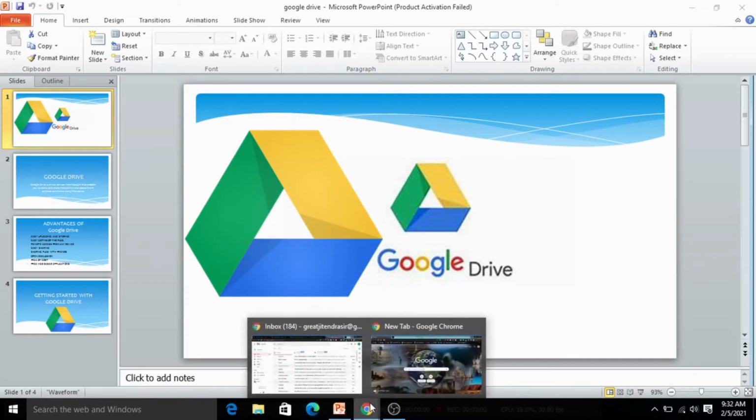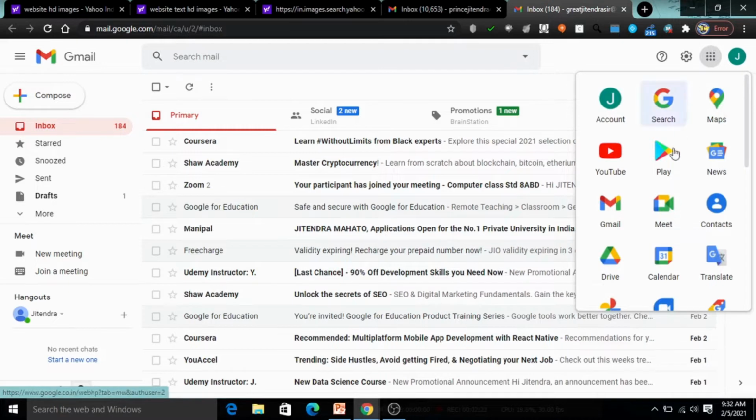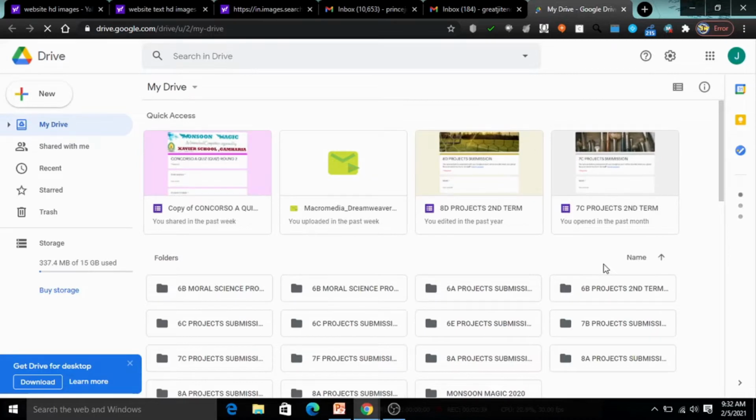To open Google Drive, we need to go to a browser. Suppose this is the mail. Whenever you open your Gmail in a browser, suppose your browser is a Chrome browser, you can easily access Drive using this link. Click on this Google Apps button. When you click on this, you go to Drive. You have the option of Google Drive here. Click on this Drive option. Once you click on this Drive option, you have your Drive open. This is the storage space where we can keep our files and folders, which can be accessed from anywhere using any device.